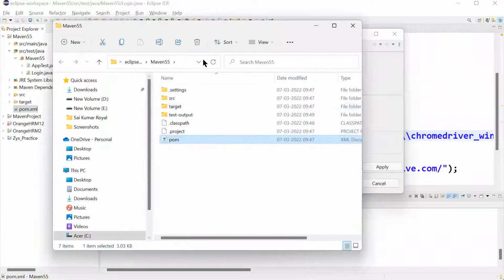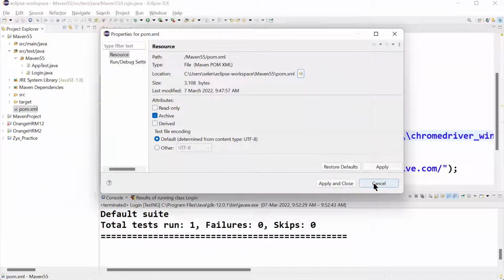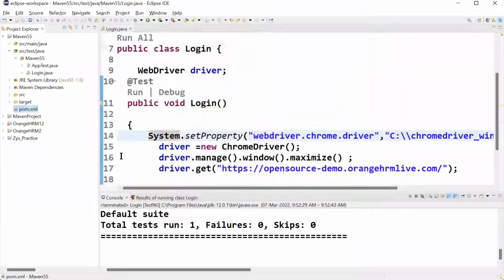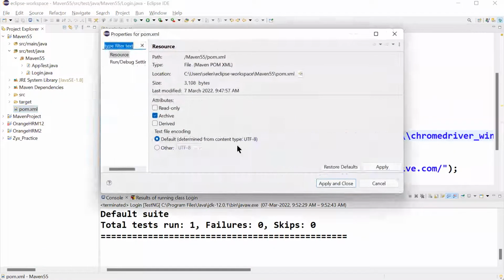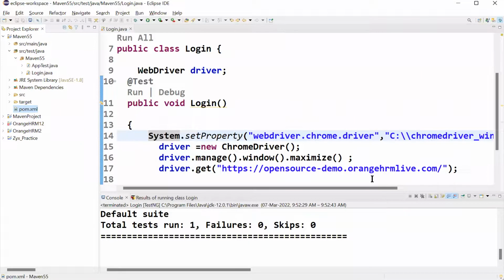Right click on pom.xml and you will be finding the path of the pom.xml. Properties, right click, go to properties and you will find the pom.xml path. You'll have to right click, click on properties, and this is the path where the pom.xml is there in the local system. So it will always connect with the local system and then take the information from local system itself. Okay. So now we'll have to move on to